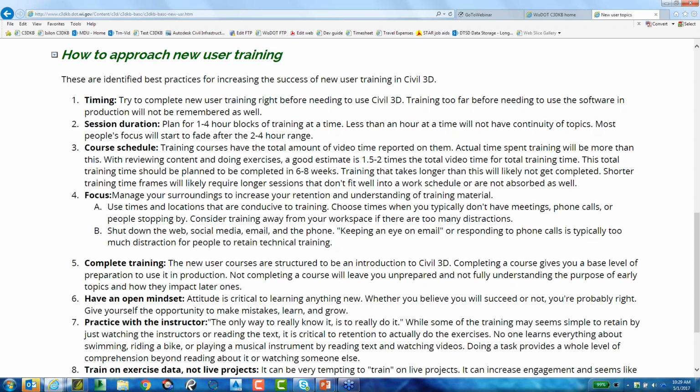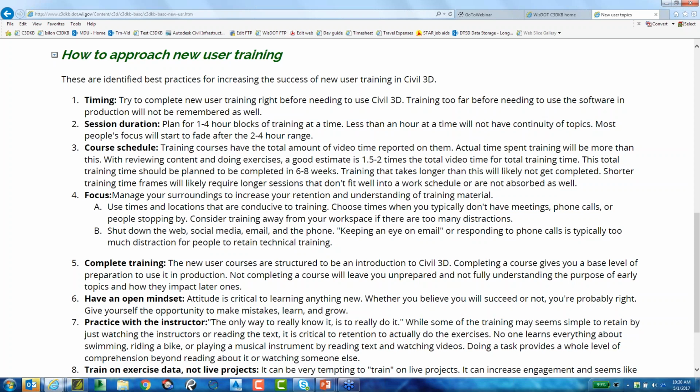One of the other things is that you want to get through this material in a certain amount of time, okay? I don't know how many times I've seen somebody start up the material and say, oh, I got busy, or, oh, this thing came up. Yeah, that totally happens. So put together a plan where you are finishing the new user training in, I usually say, about a 6-week